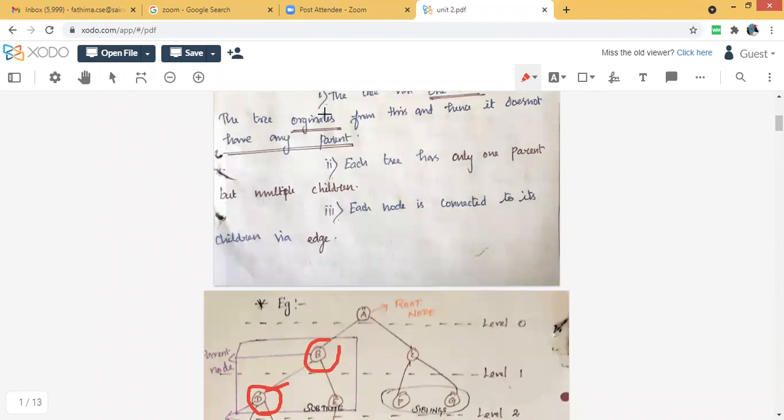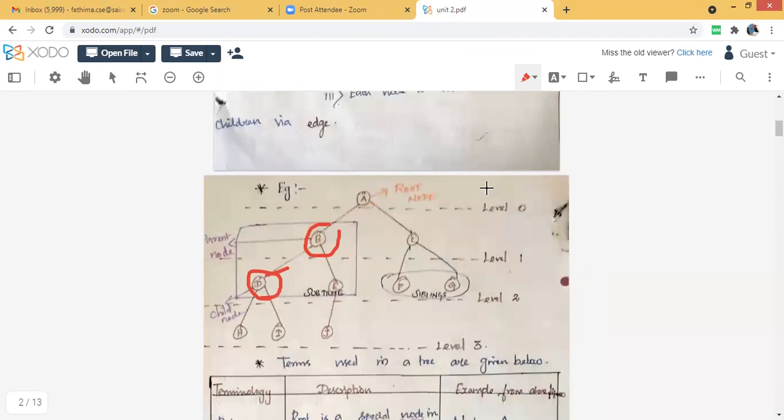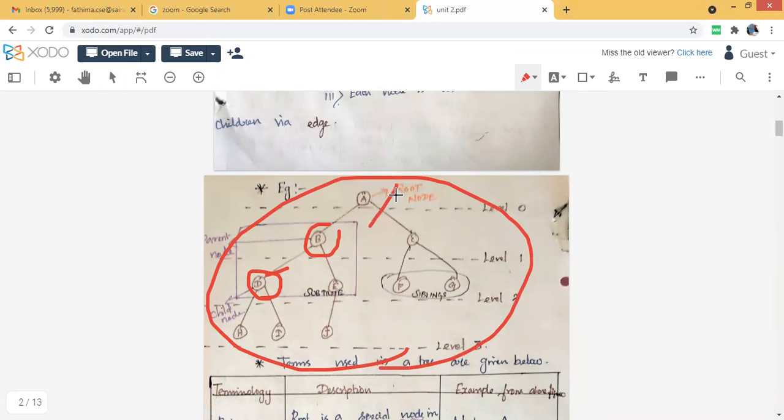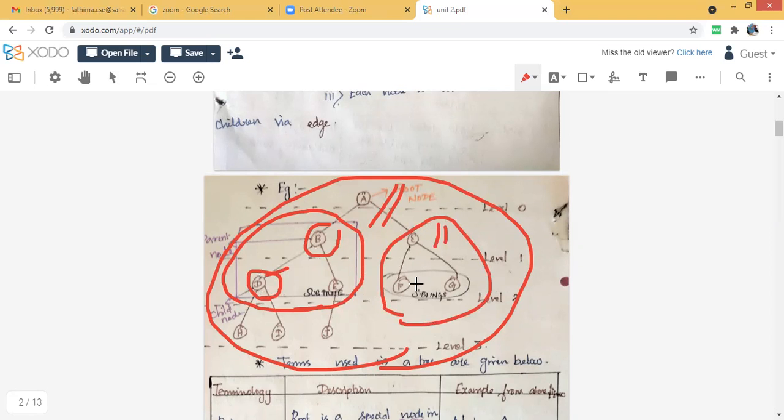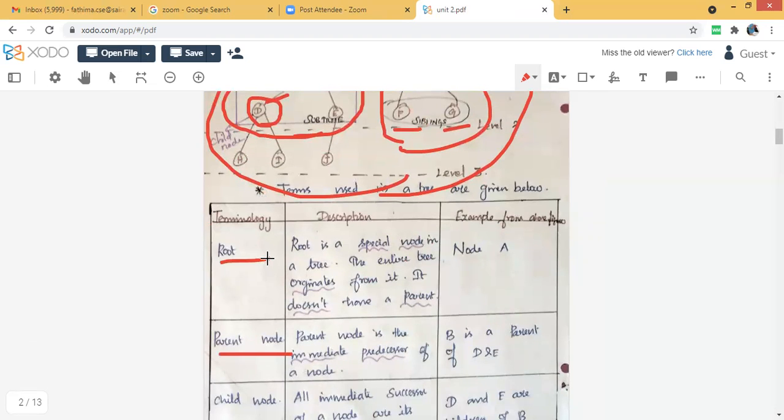So the main root will be the parent. For this whole tree, the parent is A, and B, C, D, E are all children. But if I take this tree alone, for the D node the parent is B and the children are D and E. If I take this one as an example, C is a parent that has two children, F and G. So that is a parent node.